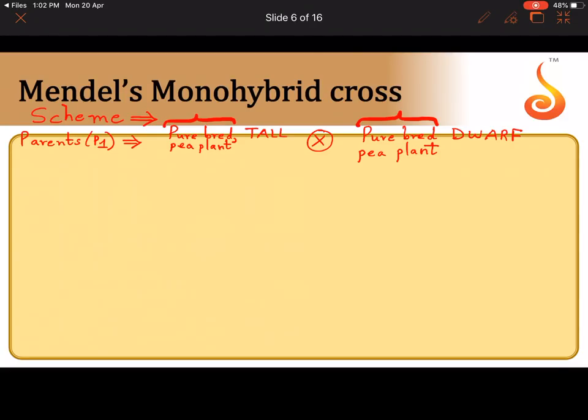So pure breeding means what will the genotypes be? So the second thing I should write in the scheme. Now the scheme is a 5-mark question, as you all are aware. Capital T, capital T crossed with small t, small t. According to Mendel's scheme, if you remember, capital T is the gene or allele that controls tallness, and small t is the gene or allele that controls dwarfness. I hope this much is clear to all of you. Correct? Fine.